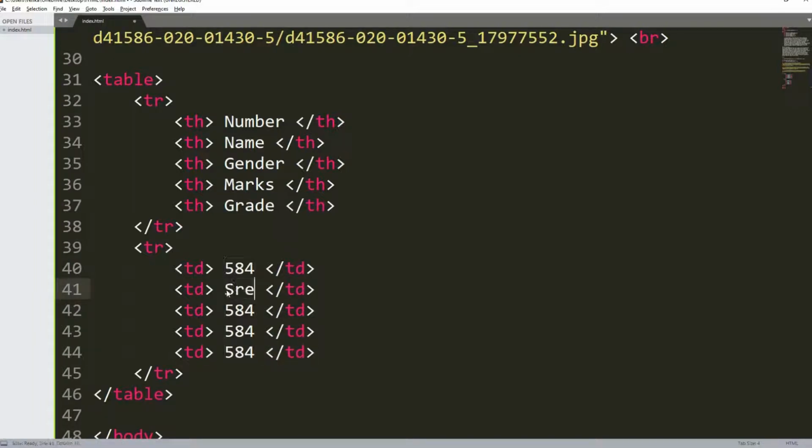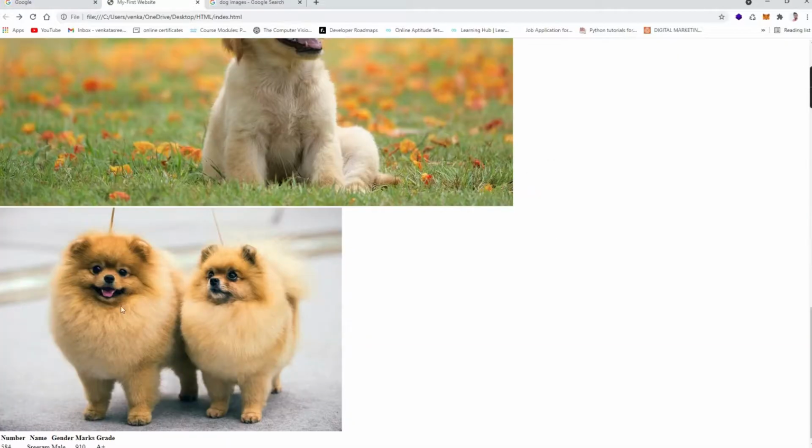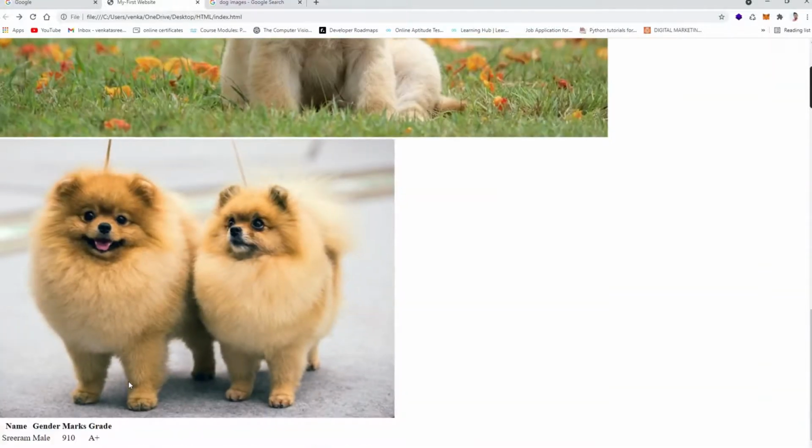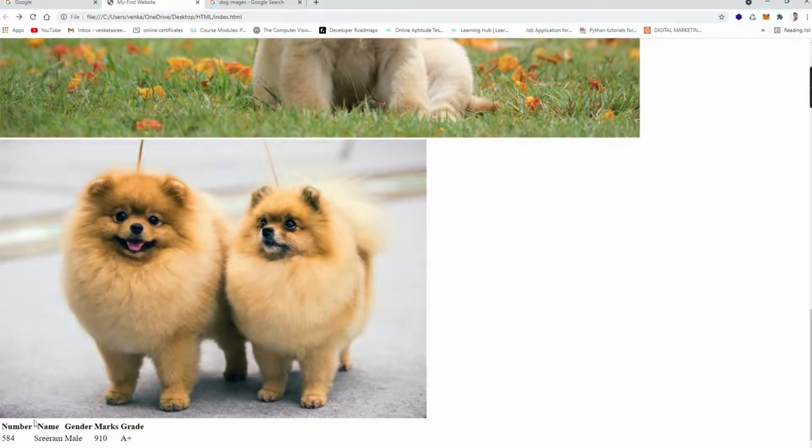The name as Sriram, the gender male, marks I got as 910, the grade I got as A+. You can see the table has been formed successfully.